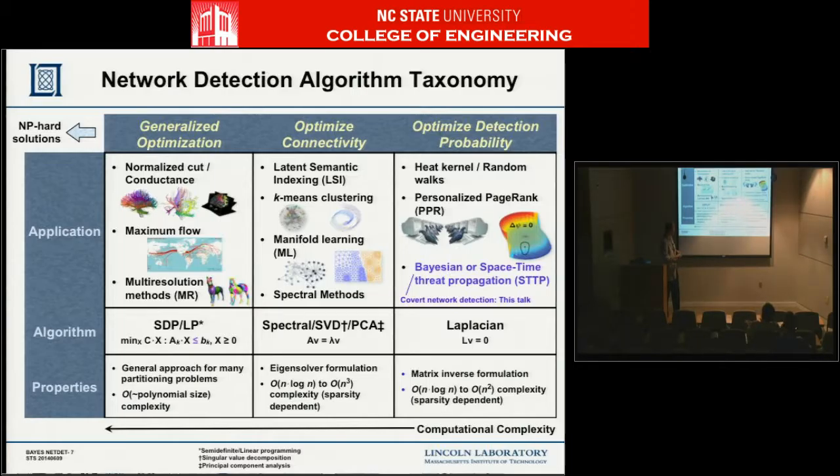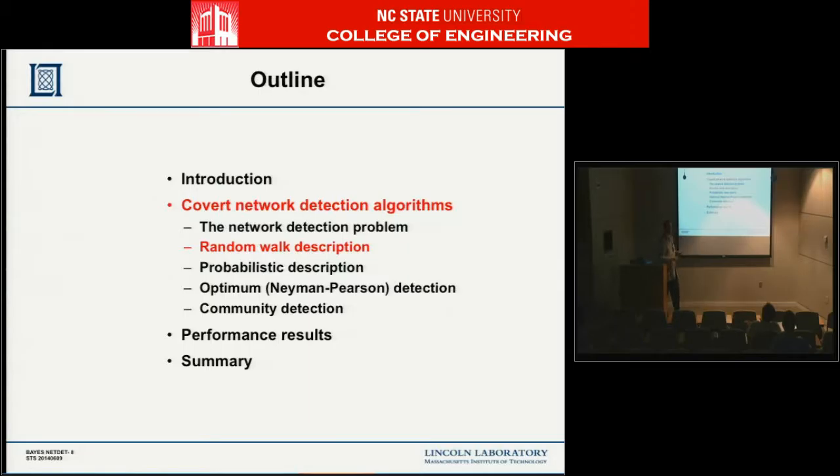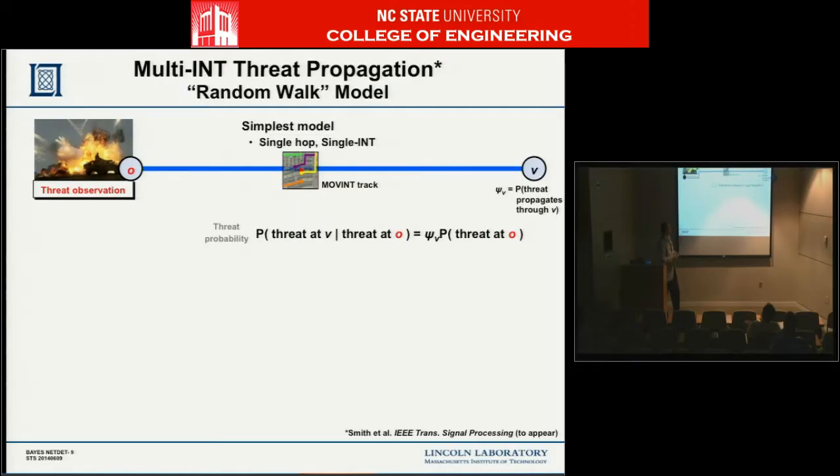There's some computational advantages, and there's computational advantages to STPs as well. But it's all better than solving the NP-hard direct approach. So now I'm going to talk about two different descriptions of this problem. First, a random walk description, and then a probabilistic description. And the efficiency thing is they'll end up being exactly the same.